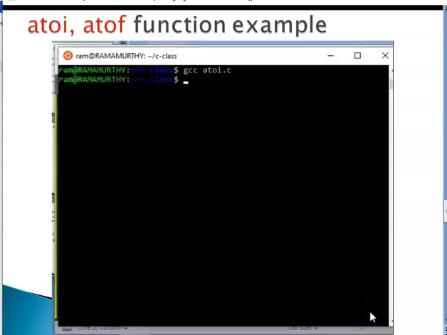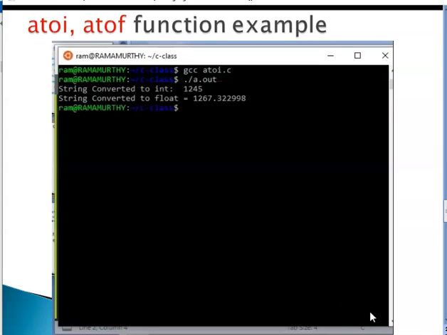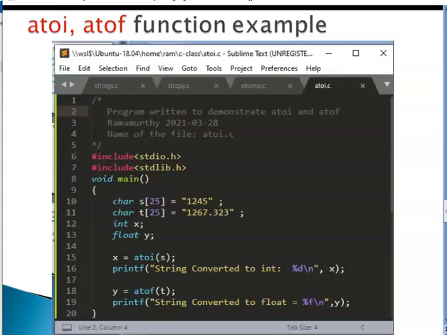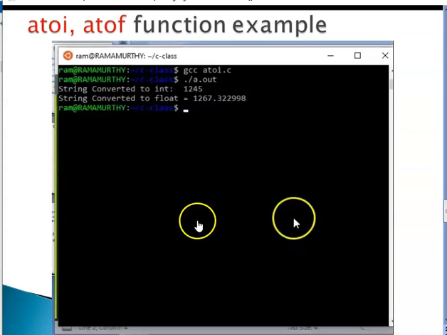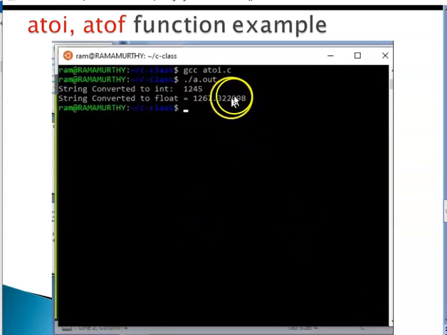We compile it with the gcc command and we execute it with a.out. Carefully notice that the integer came out exactly as it is, unscathed, 1, 2, 4, 5. But the floating point number came out slightly different. It didn't come out to be 0.323. Okay, it came out to be